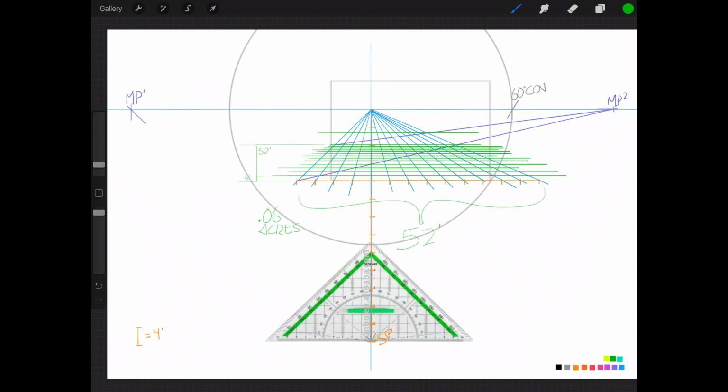So I hope that this made a lot of sense, and you guys understand a little bit more about what the cone of vision is, how it's used, how to control it,